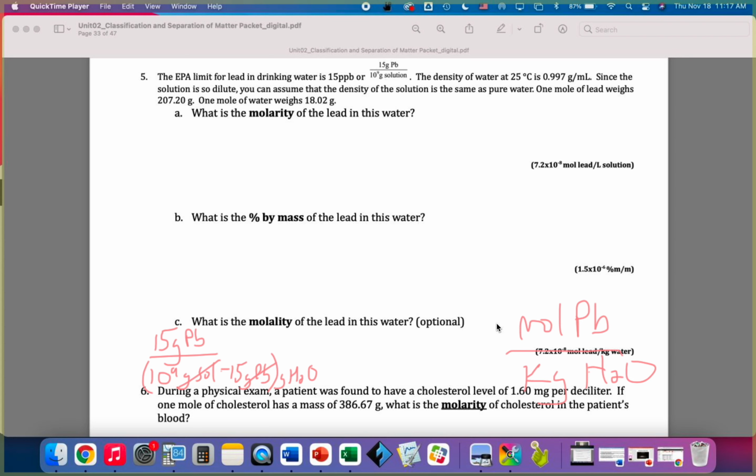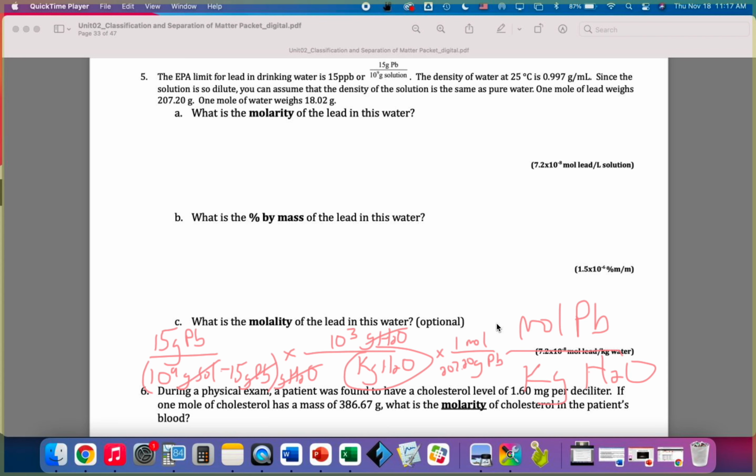Then all we have to do is change that grams of water into kilograms of water. And we know kilograms is 10 to the positive third. So now that grams of water will cancel. Last thing, we have to get our lead into moles. So we'll cancel grams of lead, just like we did in part A. Go to moles, and 1 mole is